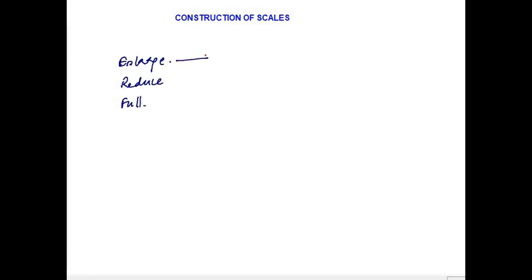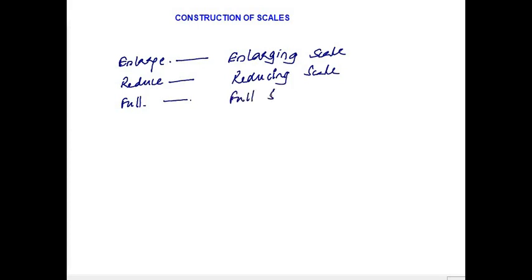So depending on either we are enlarging or reducing or we are drawing it to full size, the scale has its name, right? So these are called enlarging scales, and these are called reducing scales, and some are called full size scale or full scale. Clear? Like for example,